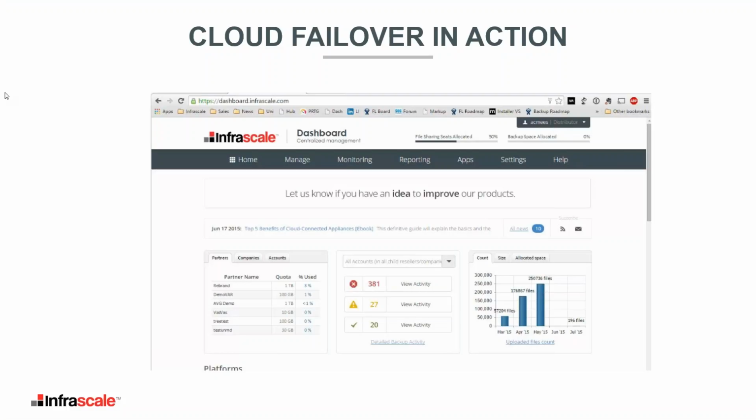Let's quickly recap. So let's take a look at a review. I logged into the dashboard. I found the office that was impacted by the disaster. Then I found the server that I wanted to bring up. And then I cloud booted into that server. I just waited about a minute or so. And then I logged into Exchange and I tested connectivity, and that's it. And you saw that whole entire process happen in 3 minutes.